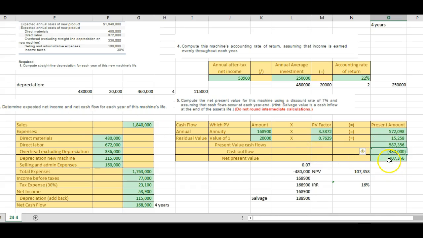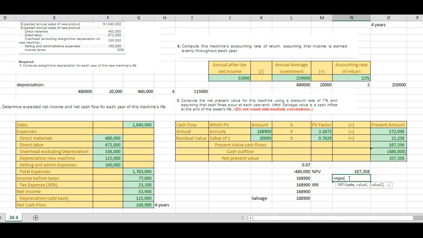So we have a net present value of $107,356. I can also do that net present value calculation using the function, and it comes out $2 off. Again, this is much easier and much quicker, simply because you can select a row that looks just like this when you set it up, equal NPV,